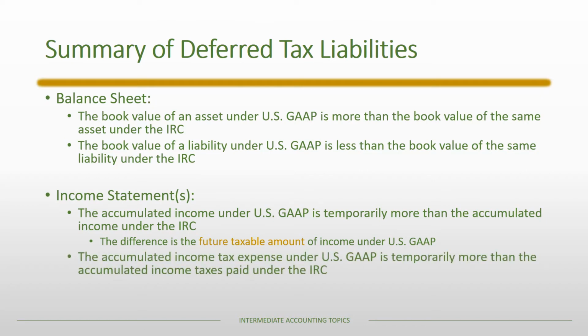Again, if we have a deferred tax liability, then it must be the case that the accumulated income tax expense under U.S. GAAP is temporarily more than the accumulated income taxes paid under the Internal Revenue Code. This difference, again, the difference in accumulated income tax expense and accumulated income taxes paid, is what's known as the deferred tax expense. And as a further note, the balance, or this difference, is also the balance in the deferred